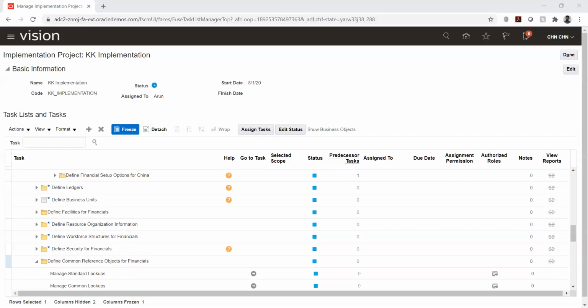What this will do is create our Excel sheet as a CSV file. We will take this CSV file and load it into the front-end application, where the system will process it through UCM, pick the file and put it into the interface, and through the concurrent program the system will update this in our base table. So we will see each step of how it is being done.